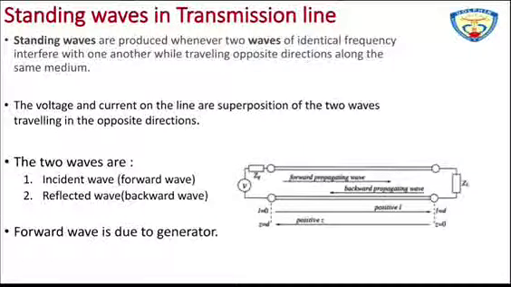The generated wave from the voltage source at one end will be generating the forward propagating wave, meaning the incident wave. This is understood, but what about the backward wave, the reflected wave? How is this generated? We are not having any source at the load end, so from where is this backward wave propagating? Forward wave we are getting that it is generated from the generator, but what about the backward wave?